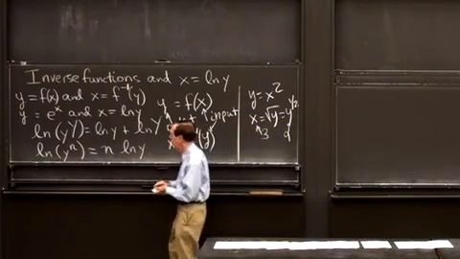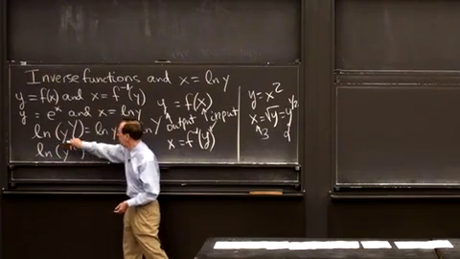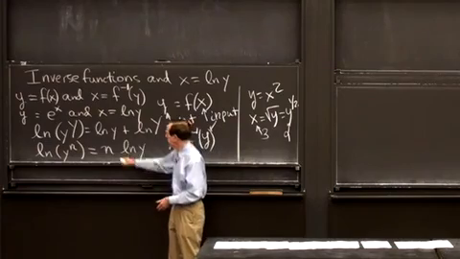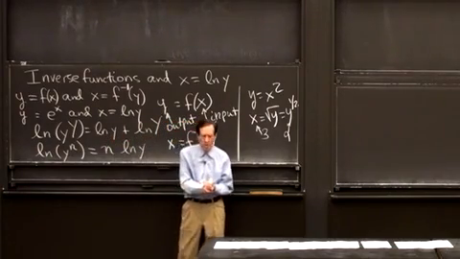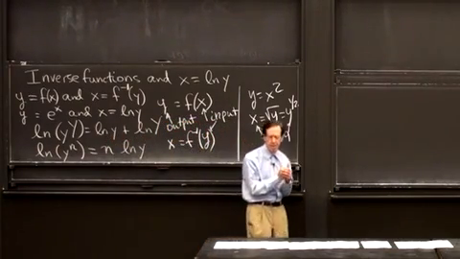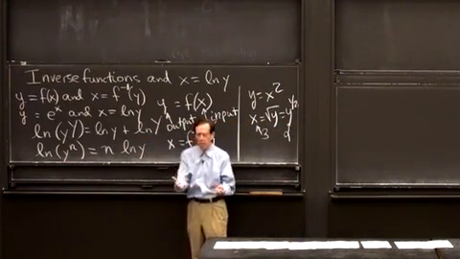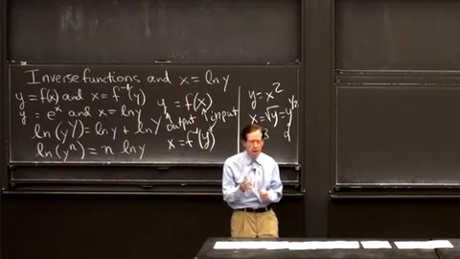And here's the most important one, that the log of a product of two numbers is the sum of the two logarithms. Very important. In fact, that simple but important fact is what made logarithms famous, and it was the